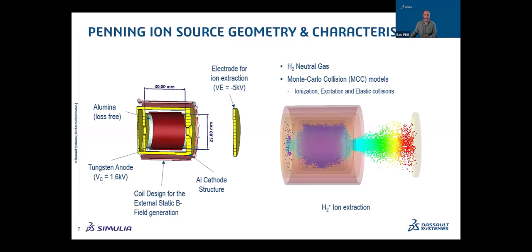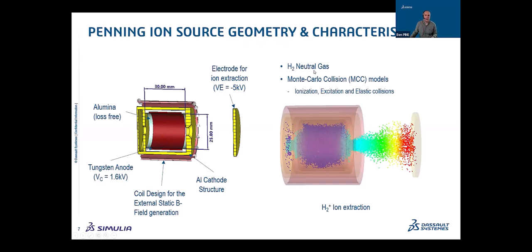This is a Penning ion source. So I talked about a 27-kilometer long tunnel with 15-meter long magnets. Ion sources are tiny things. So this is 30 mil by 25 mil in cross section. You have a coil to create the Penning field, and then you'll have in this example a